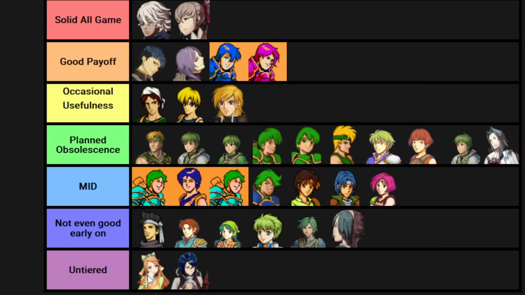Etier. No, Alchrist first. Alchrist, for your playthrough, because this is Fire Emblem Engage, and you can choose to invest in whoever you want, will either be mid or solid all game. Maybe not good payoff. Yeah, he'll either be mid, or he'll be solid all game. He comes basically at promotion level. You can promote him right away if you have a willingness to give him a Master Seal, because Master Seals